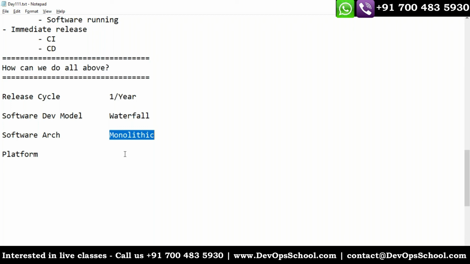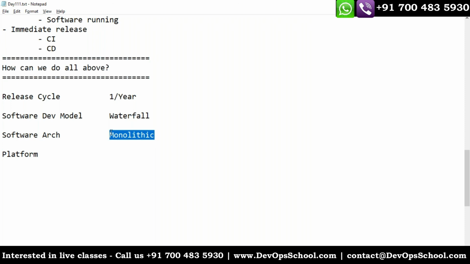Anyone would like to tell me what monolithic architecture means? No one? All the code in a single application. Yes, all the code in a single application. Example, MS Office.